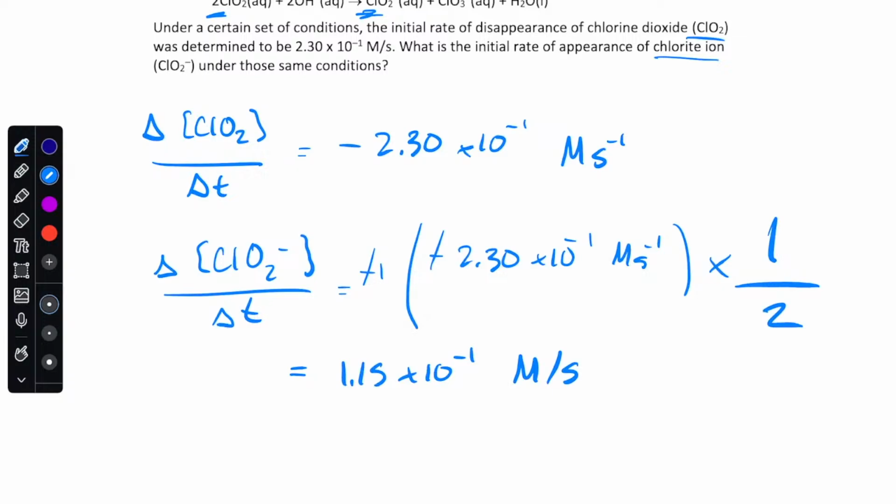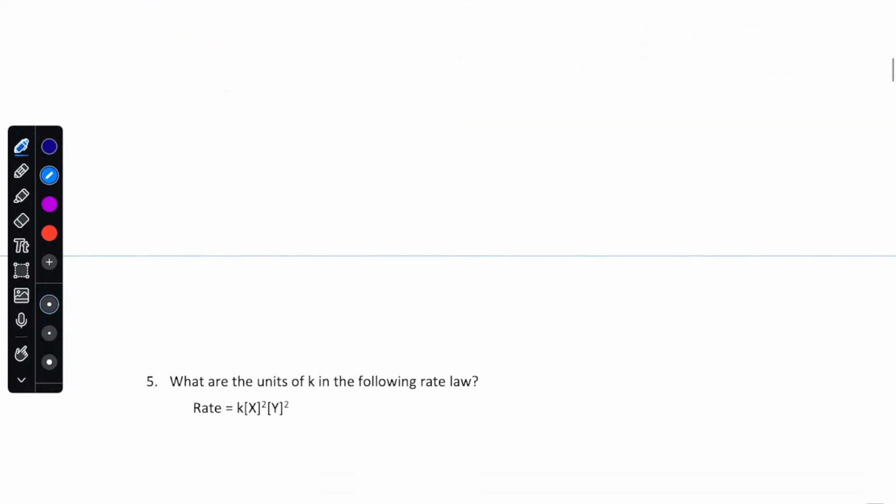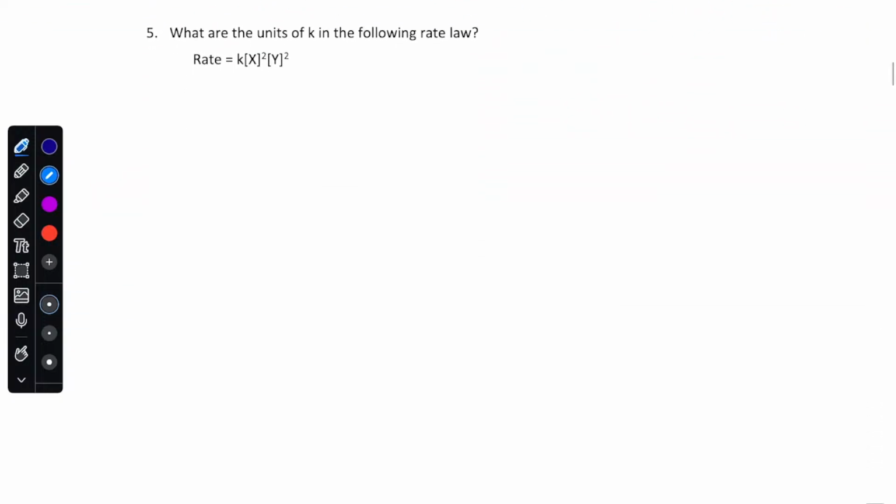People good with that one? First ones aren't too bad. What are the units of K in the following rate law? The way I think about things like this is rate is always in the units molarity per second. That's always the unit for rate. And some people like to memorize all the different possible units for K depending on the order. I don't. I just realize that it always has to be molarity per second. So